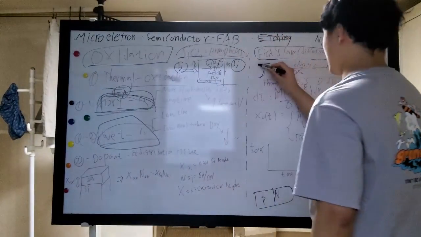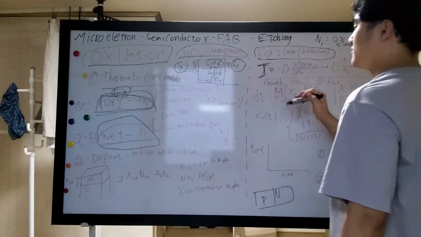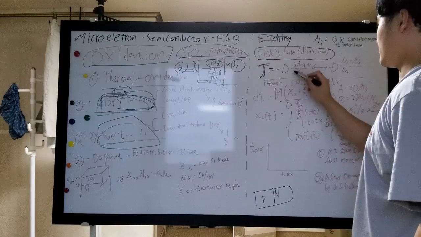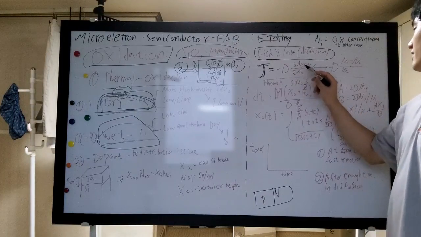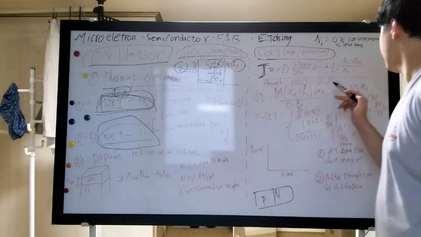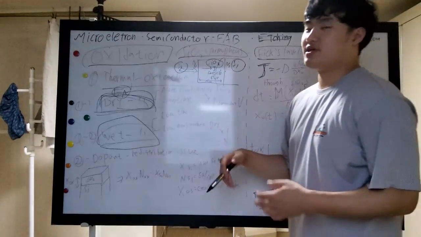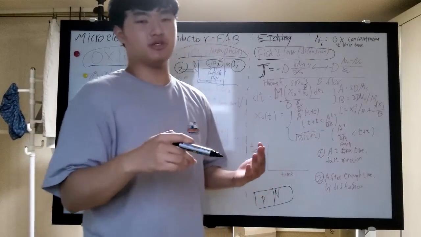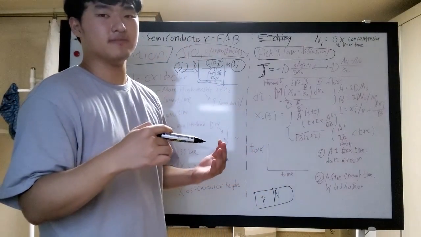So the equation will be like this: the flux will be the diffusion coefficient divided by the injected oxide concentration,